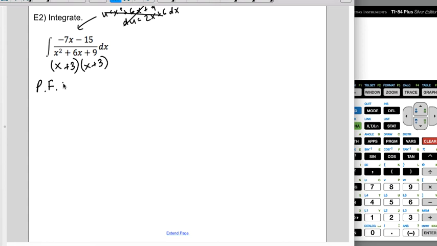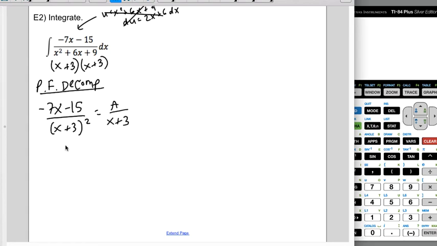So when I do my partial fractions decomposition, I have this negative 7x minus 15 over a repeat linear factor. What that means is that each time that factor occurs, from the first time up until whatever the higher degree is, I'm going to make one fraction. So in this case, I have an x plus 3 over an a and an x plus 3 quantity squared over a b. It's the first power and the second power because it goes all the way up to the second power. Both of the numerators are constants because although this is an x plus 3 quantity squared, the factor itself is still linear. So when I get my common denominator, and this is a pretty common mistake, the b isn't missing anything,